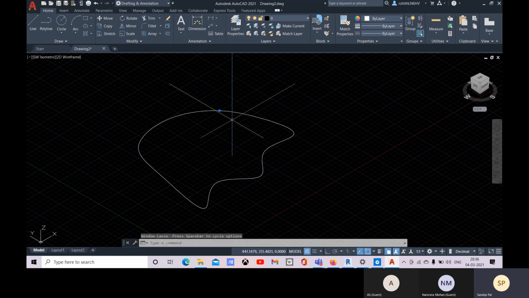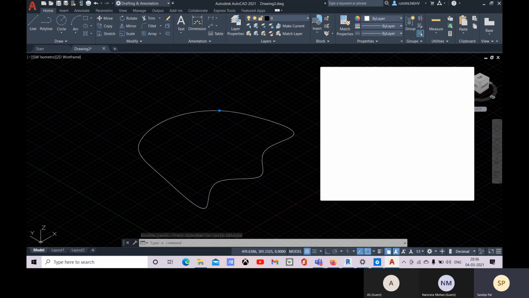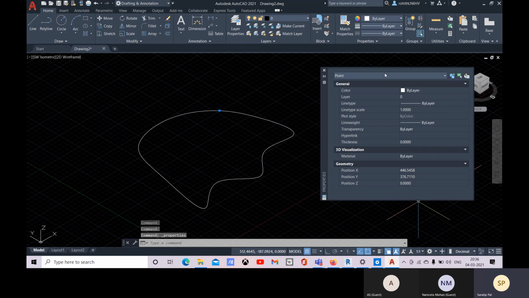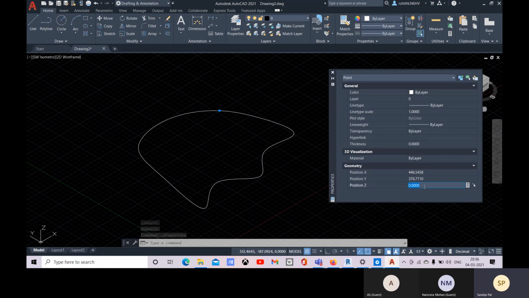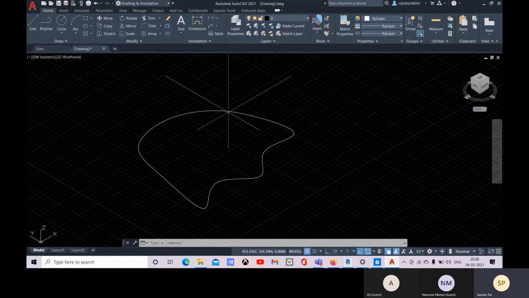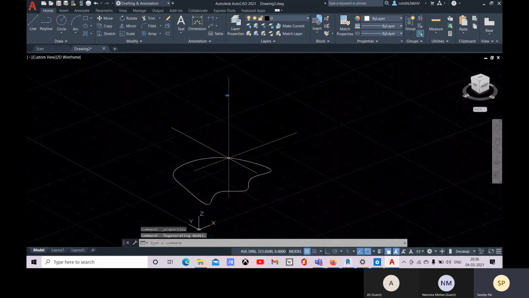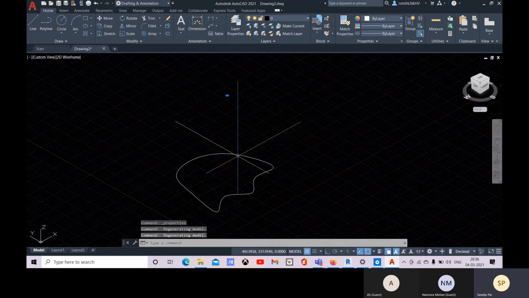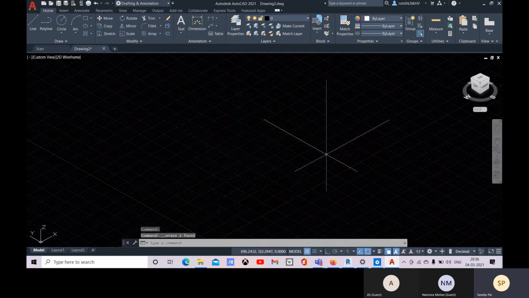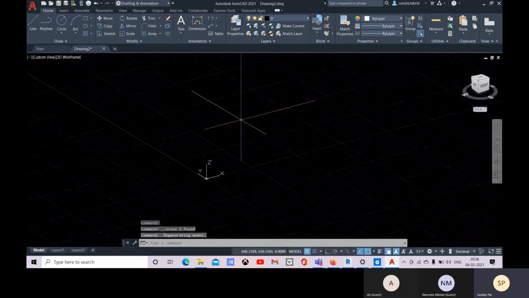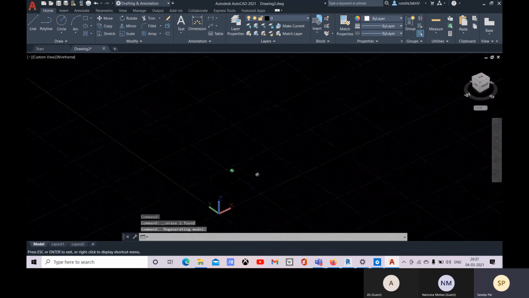If you want to change any point's z value, you can also do that. In properties, you can change the z values. Let me give one. So that point is there, but as we have already created this point, we have to create the control lines again.